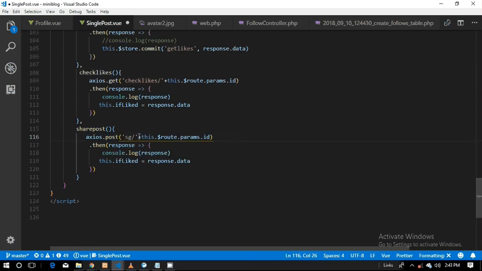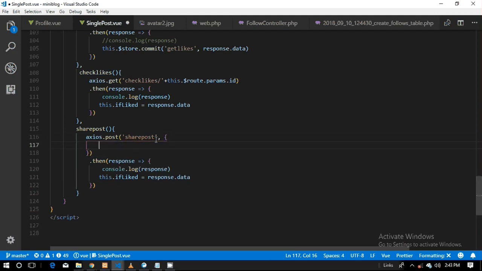Good. You have to pass a payload, and the payload will be ID